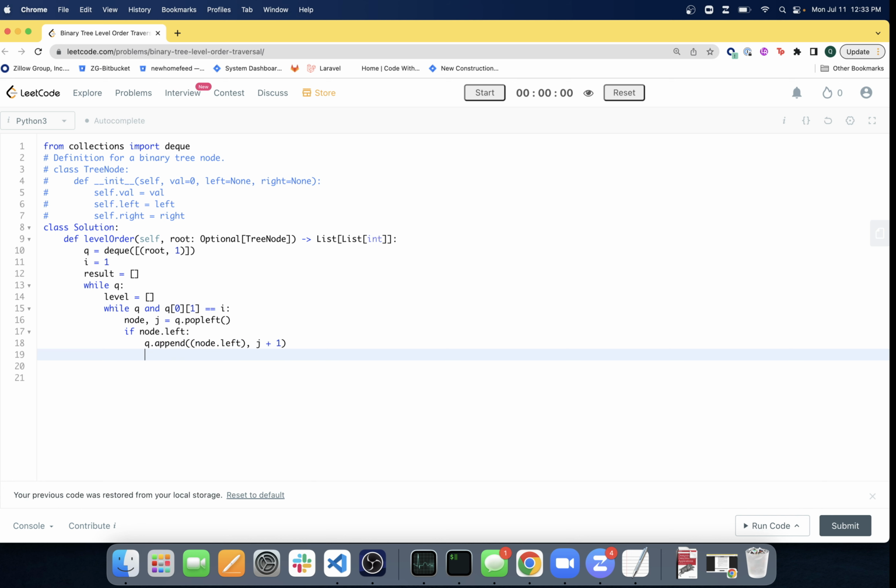So if node.left, we're going to queue.append node.left, and if node.right, if there's a right child, we're going to queue.append. Whoops, this should be like this. node.right, j plus 1. Okay, so we've appended the children to the queue, and now